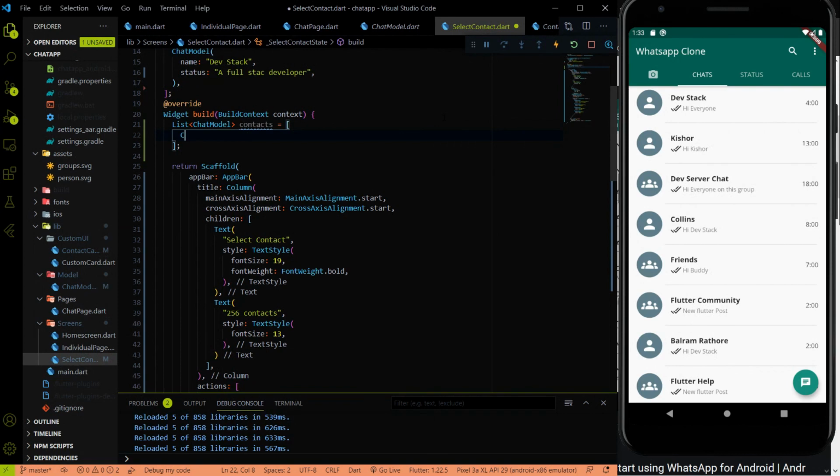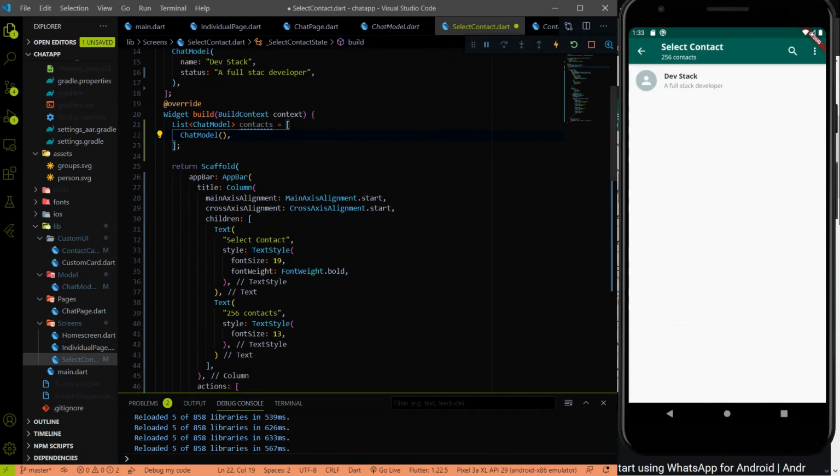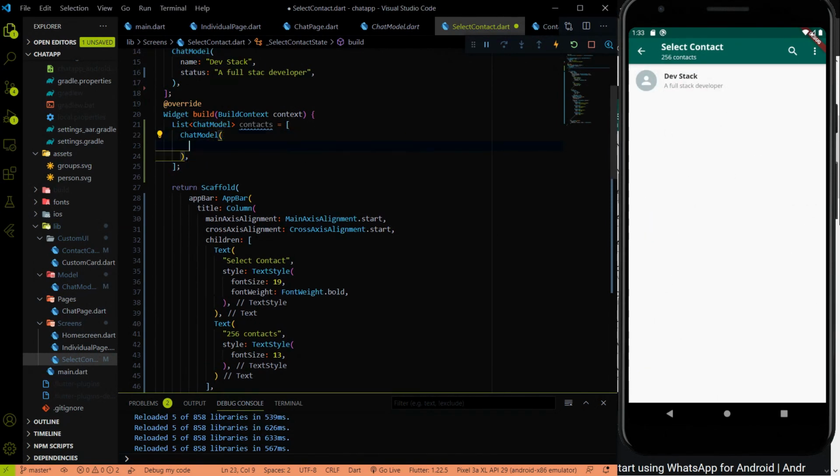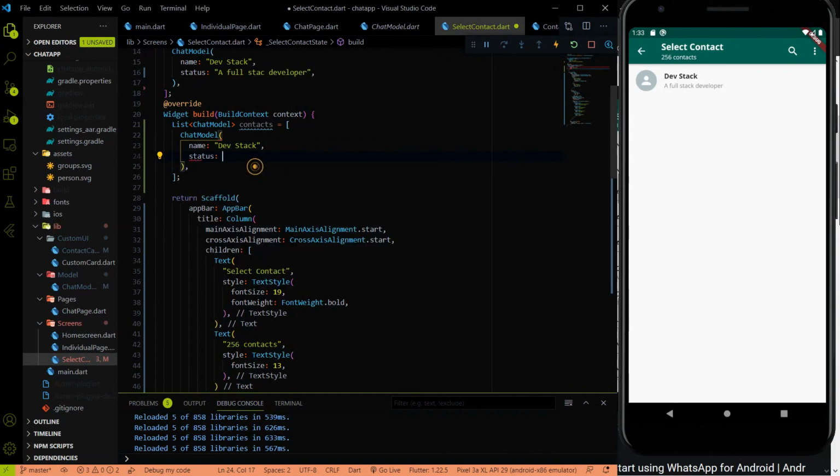And let me initialize the first chat model class. For this page, we just need two things. First one is the name. Name will be Dev Stack. Second one is the status. Status will be a full stack developer.